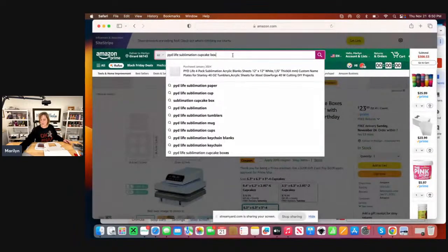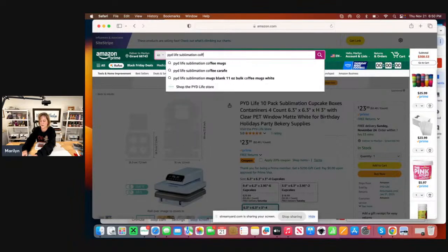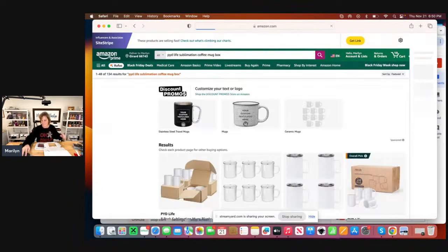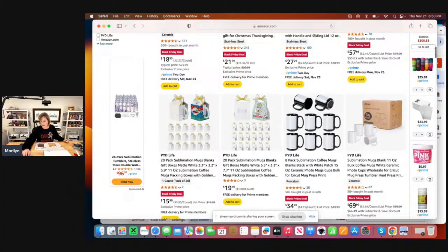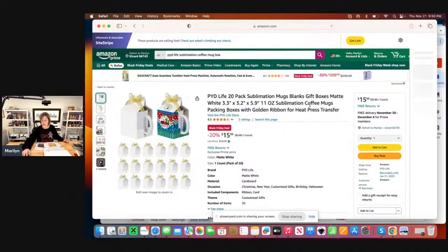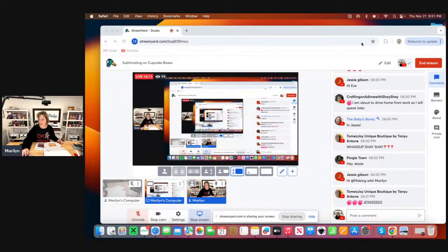now. But let's look at something else that I thought was really a pretty good buy. Let's do PYD Life Sublimation coffee mug box. Let's see. Here they are. They have two. This one, it seems like your mug would fall out the side. This one, I noticed. I think I might have linked this. I've never used it. I haven't even used these yet. This one, you get 20 of them, and it's $16. So those are less than $1 a piece. To me, that's more what I want to pay for something that's getting thrown away. Now, I know people pay a lot on wrapping paper and all that, but that's probably more like what I would pay. So let's go ahead